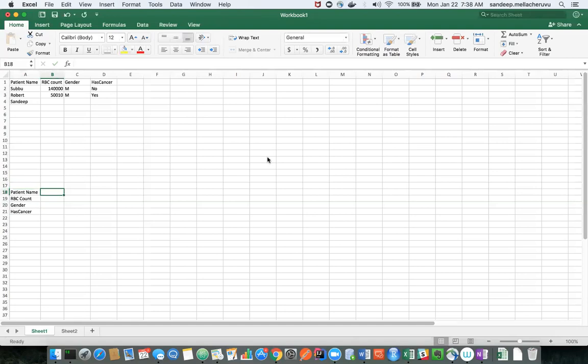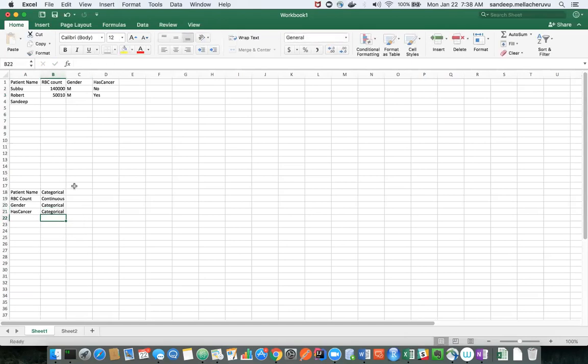So patient name is categorical. Yeah, that's right. RBC count is continuous. Gender and has cancer are also categorical. That's right.